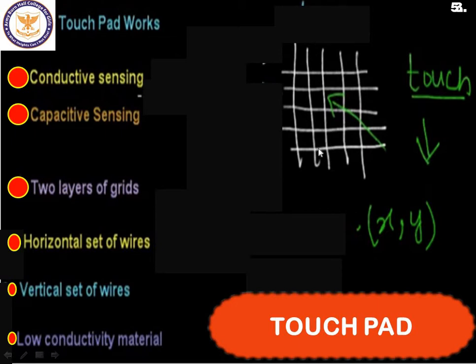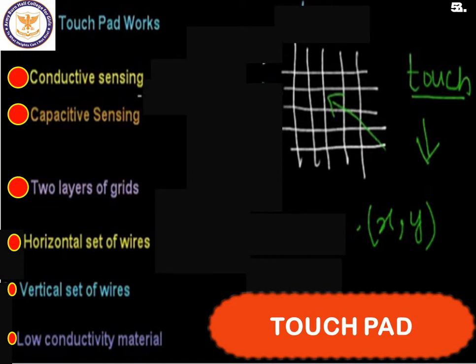These are the vertical set of wires, while these are the horizontal set of wires. A low conductivity material is present in these wires.